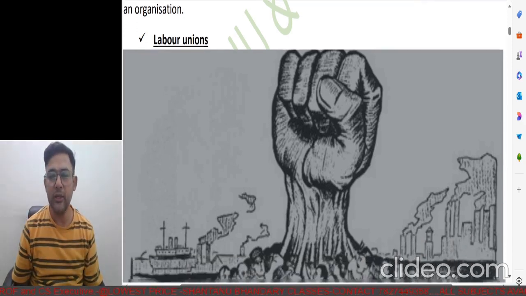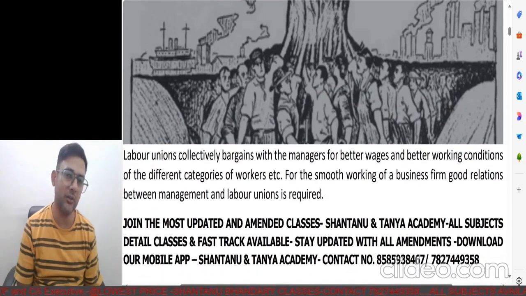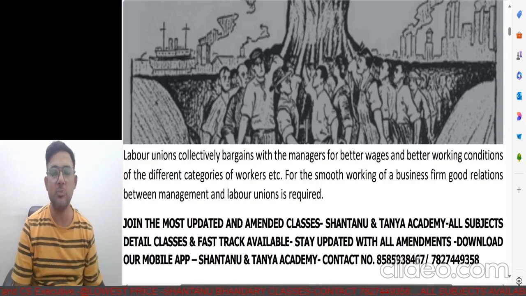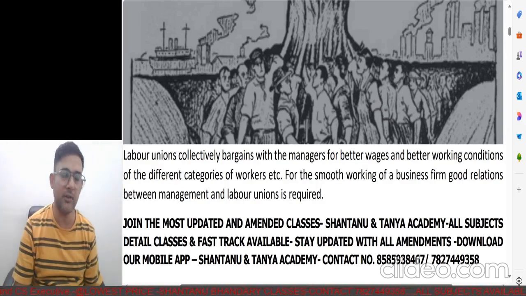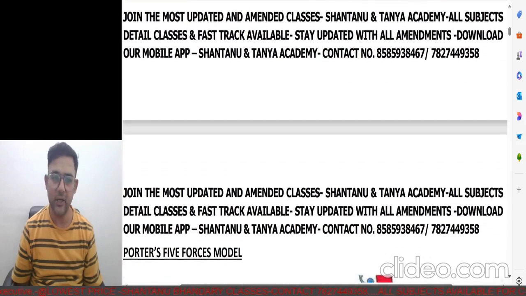A labor union, as you know, labor unions are formed to make sure that the rights of the labor, the rights of the workmen, stay protected, which means they are given fair wages, and obviously the working conditions are good. So if the management has a good relationship with the labor unions, then definitely things will work out in a good way, and if not, then obviously it will be the other way around. So this is how it would be dealt with.